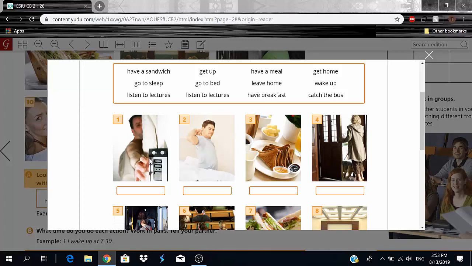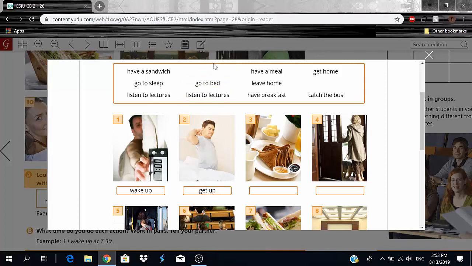You see someone getting up to either go to work, go to school, go to university, whatever. So we'll just put that here. So number 1 is wake up. And what about number 2? So this one was wake up. What do you guys think this is? That's correct. Get up. He woke up, but now he's about to get up and start his day.